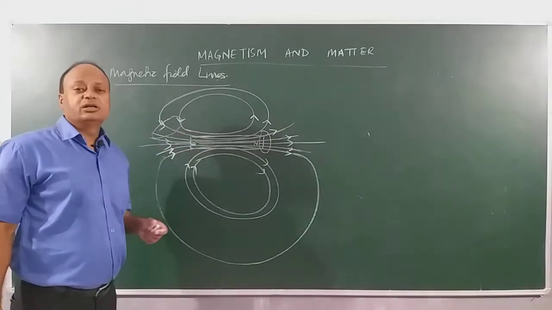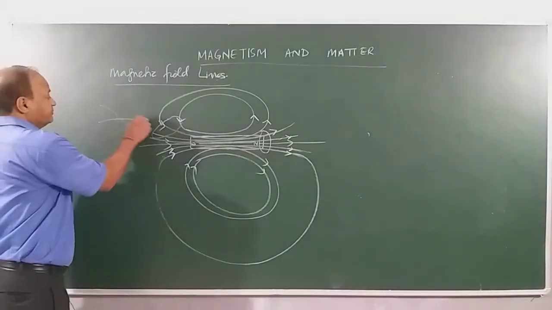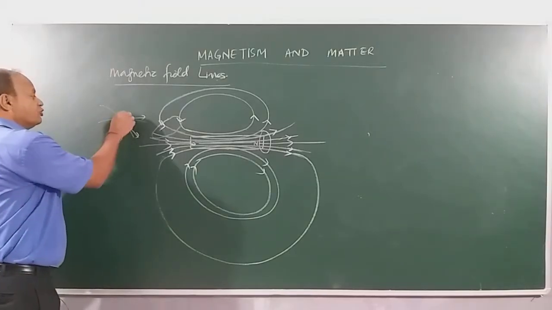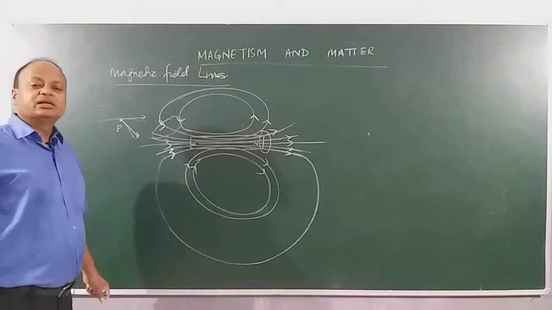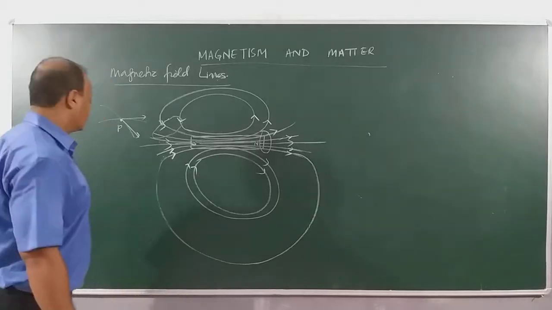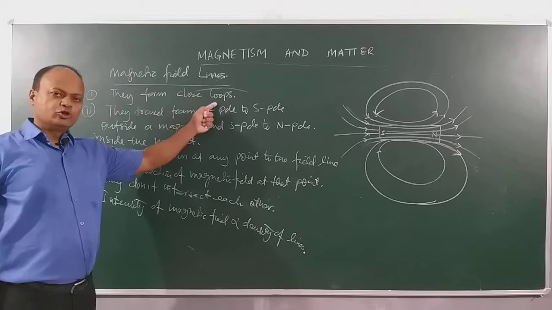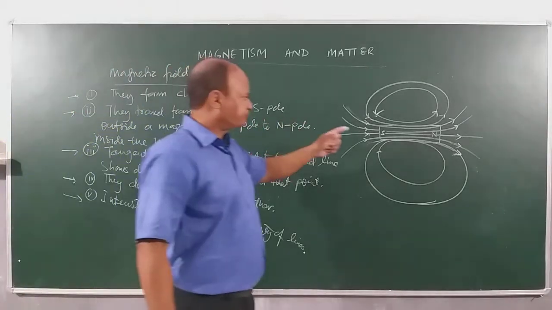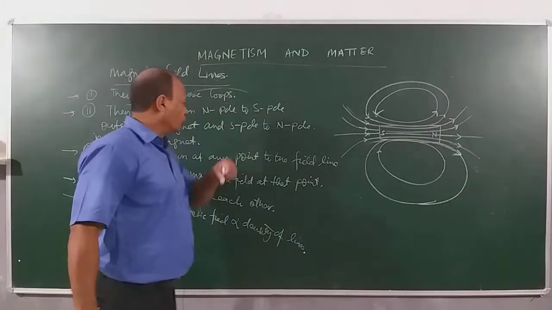Magnetic field lines do not cross each other, they do not intersect each other, because if they intersect, for example here, then at one given point how many tangents can they draw? 2, means at a given point P there are 2 magnetic fields, which is impossible, right? So we need to keep in mind these properties. We will be writing properties of magnetic lines of force. Okay. So here are the properties, children. They form closed loops, which you can see in the diagram. They travel from north pole to south pole here, outside the magnet, but inside they travel from south pole to the north pole.